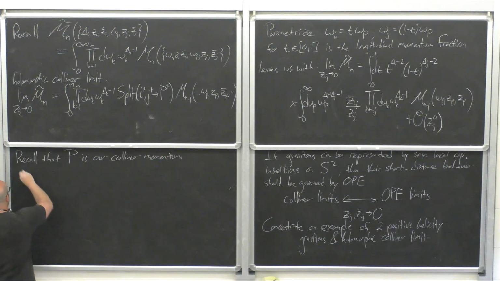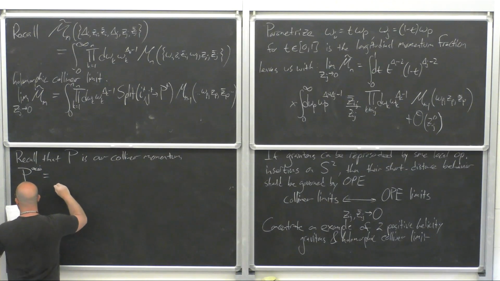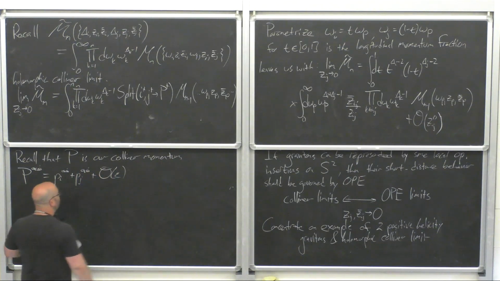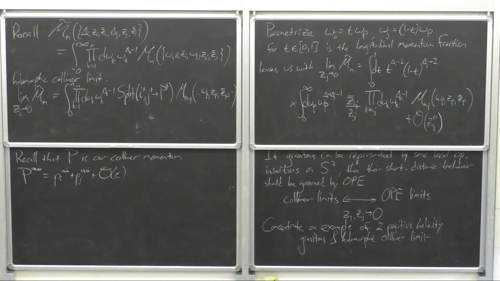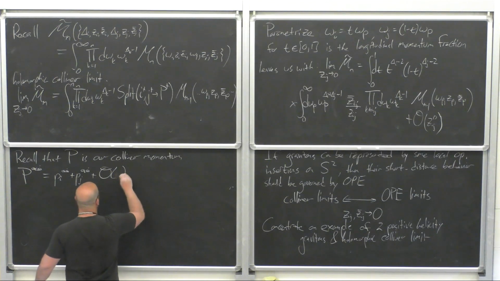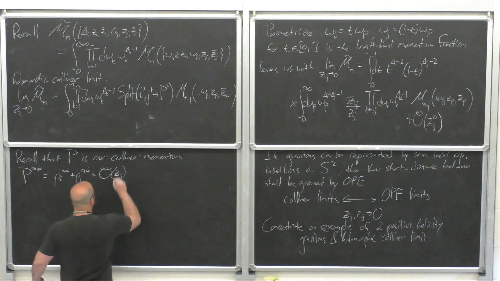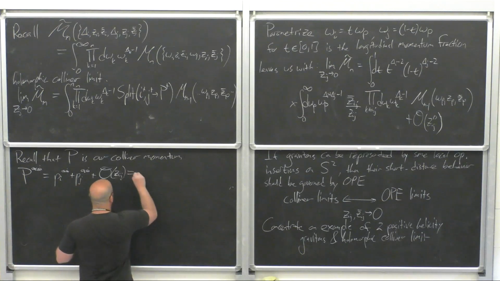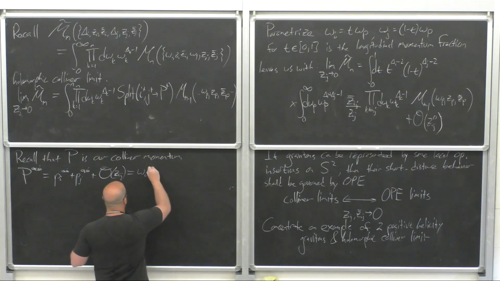So I can write P alpha alpha dot is equal to P_i alpha alpha dot plus P_j alpha alpha dot plus order epsilon corrections, where epsilon is the parameter controlling the holomorphic collinear limit. So I could just replace this with order z_ij corrections. Okay. So using our favorite parametrization,